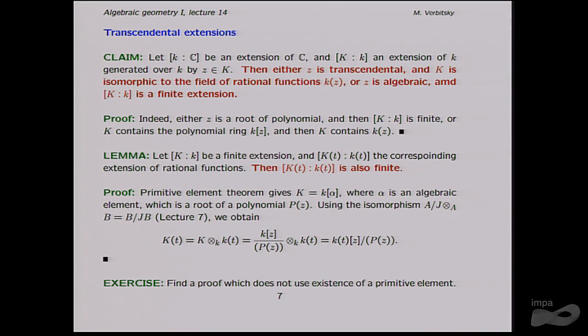So suppose you have a claim. You have X inside the field K, and K containing k small is an extension. We don't know if it is finite or not, just an extension. Then